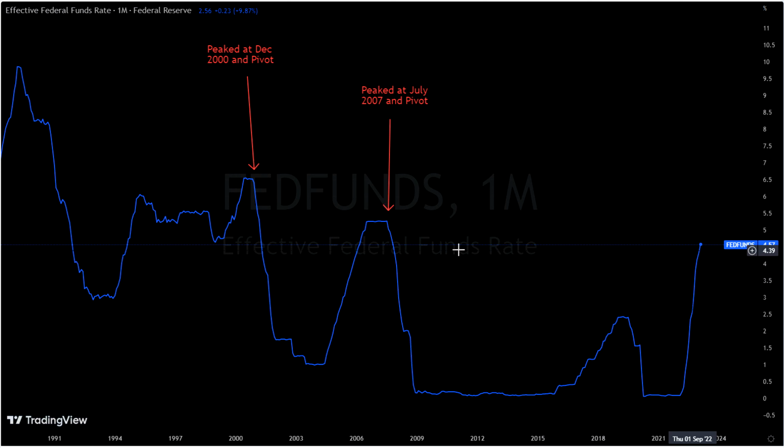And this is another time. So here is 2004 to 2006. The Federal Reserve increased sharply. Then it kept the rate at 5.25% from July 2006 all the way to July 2007. For a year, they just paused the rate. And after that, they pivot. In July 2007, they pivot.